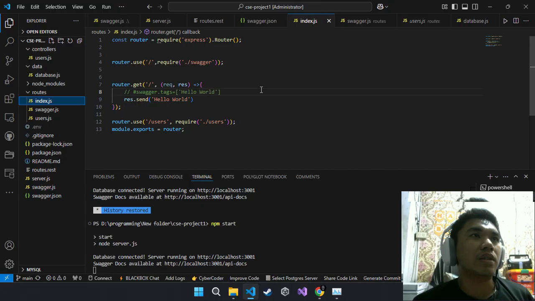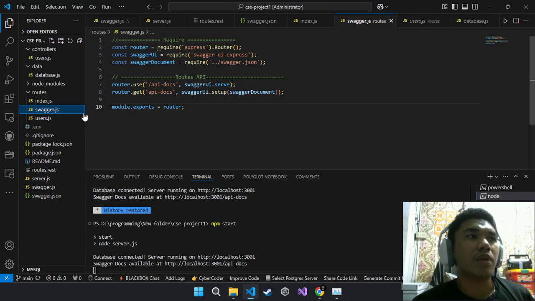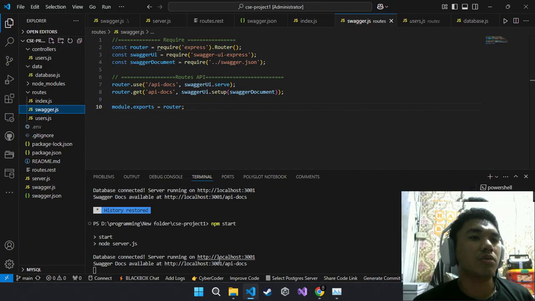And after that, this is the routes. It will go to the server part and the Swagger. So the Swagger part. As you can see, there are two links here. In the Swagger part, I use the API routes, docs, and the Swagger.